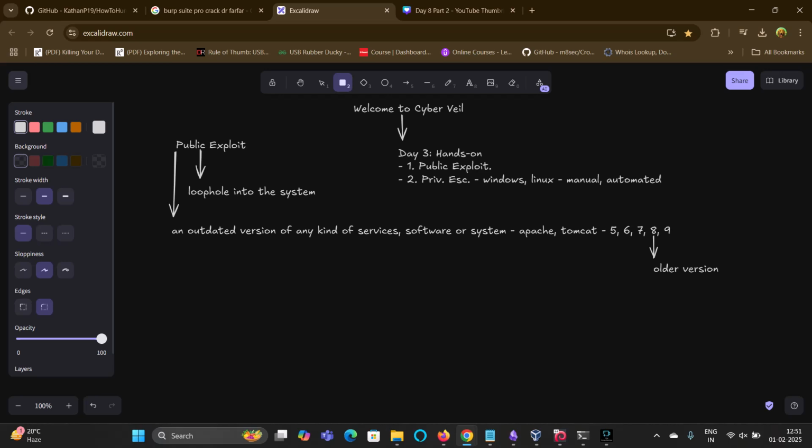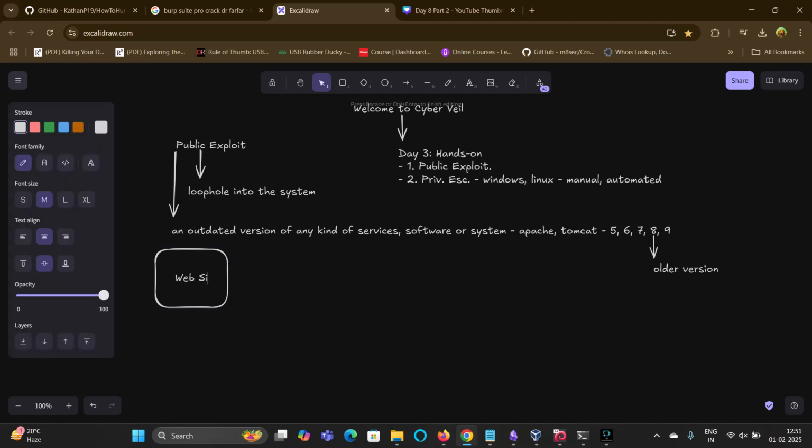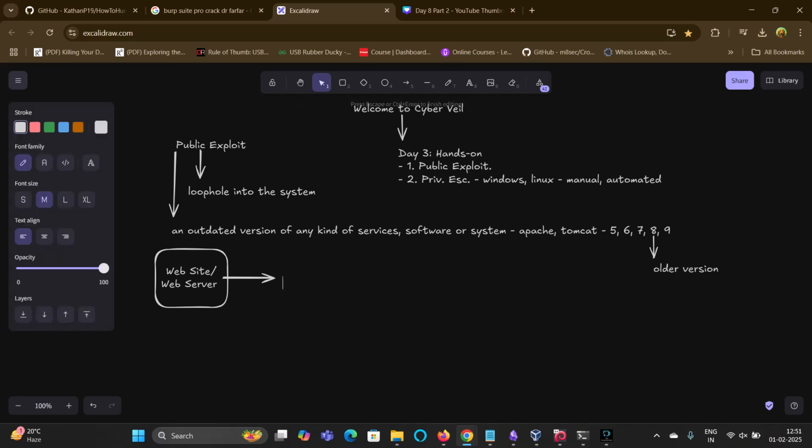We are going to learn theoretical and practical in the same session itself, guys. So do not panic about why I'm telling you this, because it is mandatory to know the theory. If we don't know the theoretical part in this session, we cannot explain how to perform those things. So let's take an example, and let's say this is a website or web server, and it is using Apache or Tomcat, Tomcat version 8.